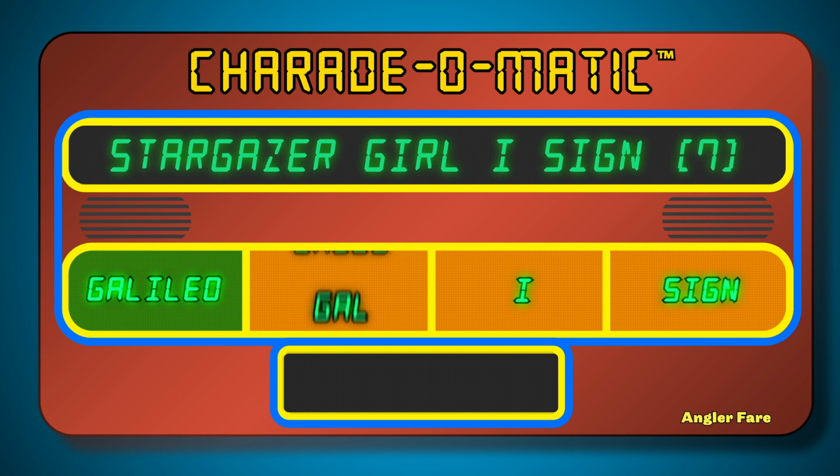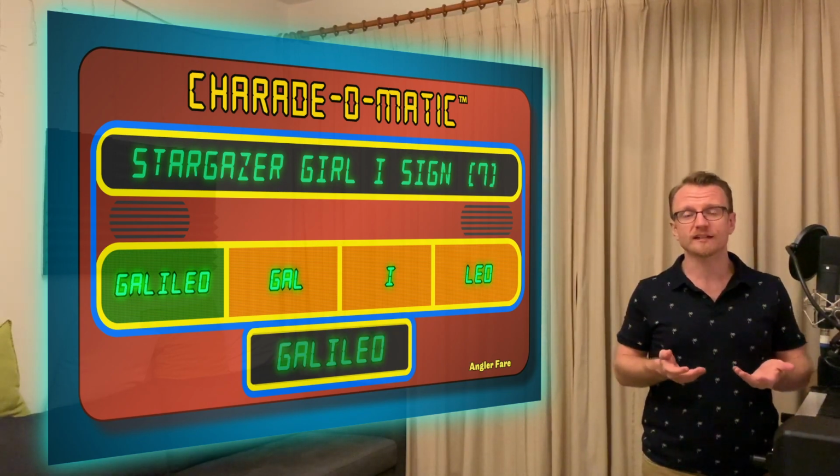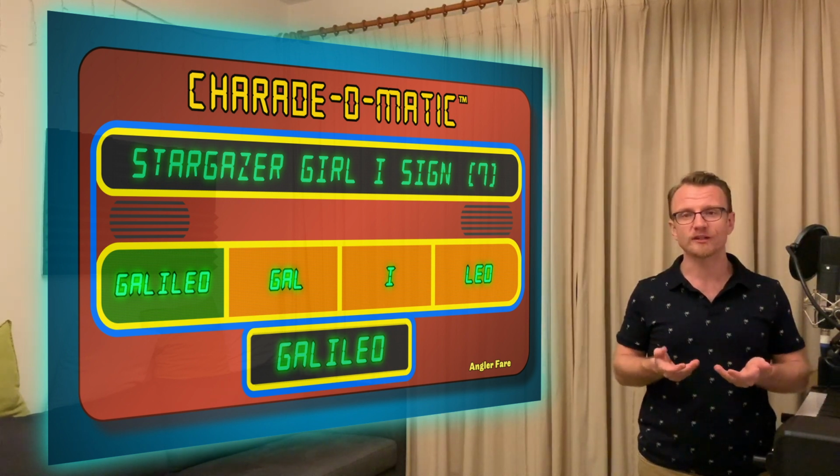If girl is gal and the I stays the I, the sign could be Leo, and there you have it. See, that's what makes cryptic clues so great. When you get the answer, you know you've got the right answer, because both sides of the equation match. So that's why I like them better than quick crosswords, because if you don't know the answer, you just don't